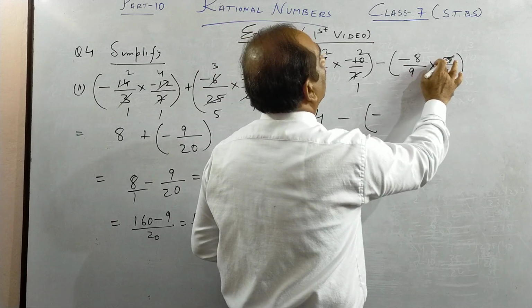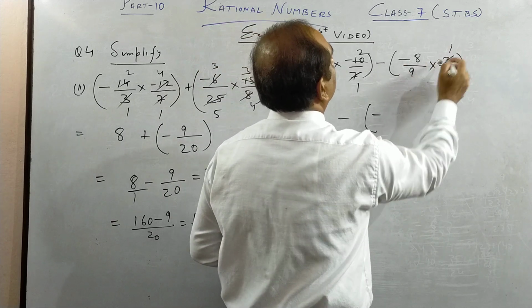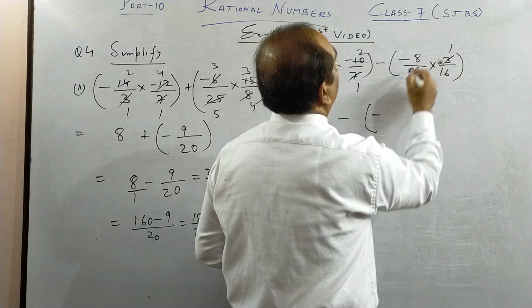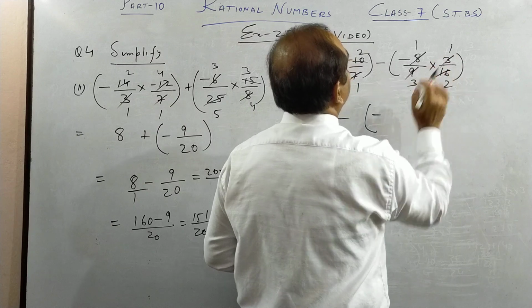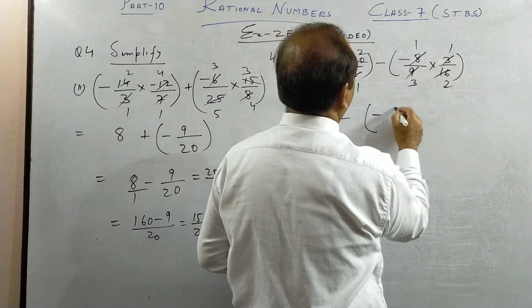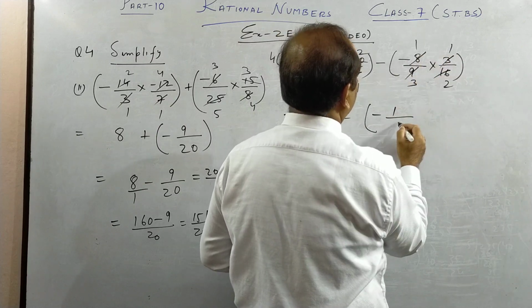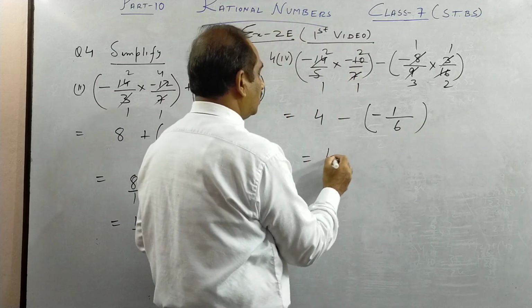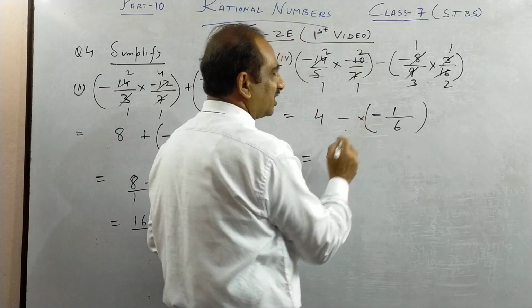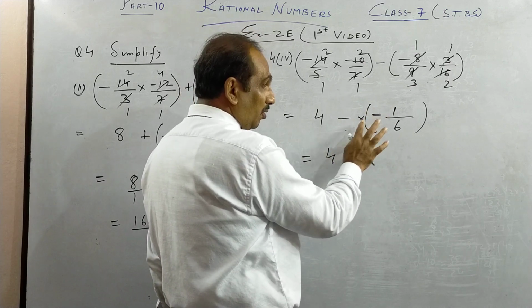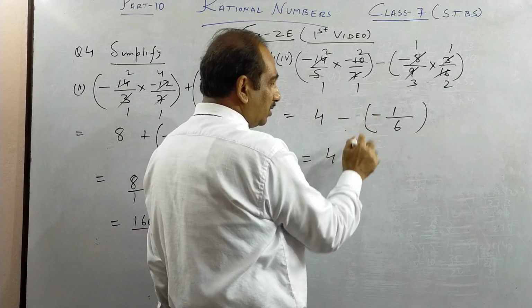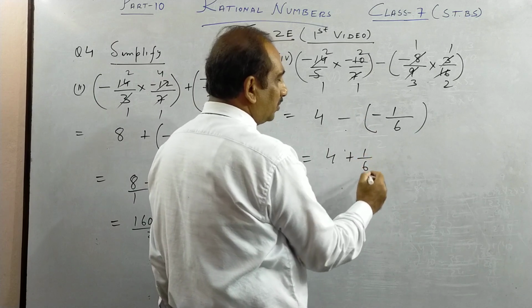Any common thing you will see as 3 ones are 3, 3 threes are 9, 8 ones are 8, 8 twos are 16. So finally what we are left with, minus 1 into 1 is 1, 3 twos are 6. So this becomes minus minus plus. I told you, imagine just the sign is multiplied, not the other thing. So minus minus becomes something like plus.